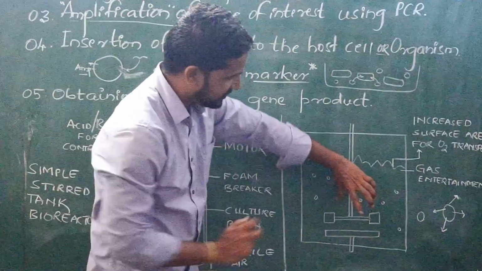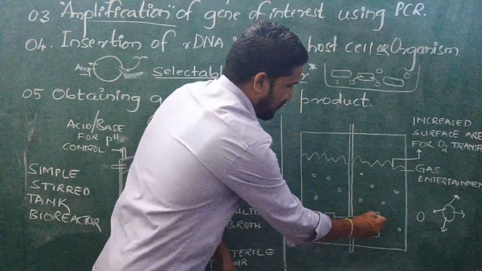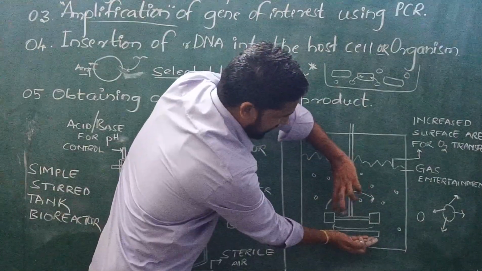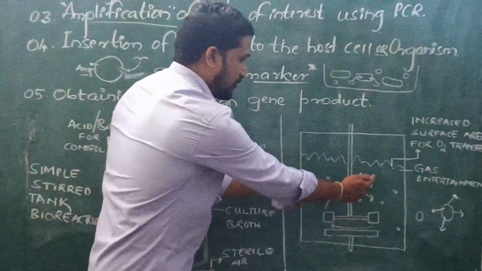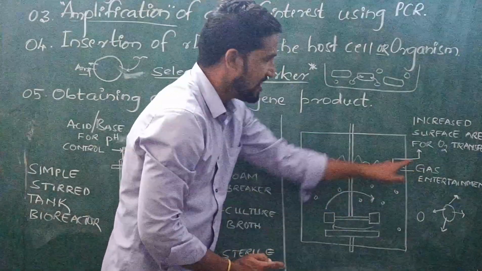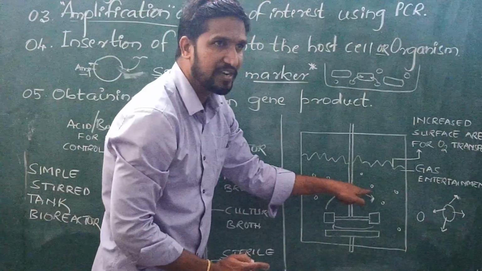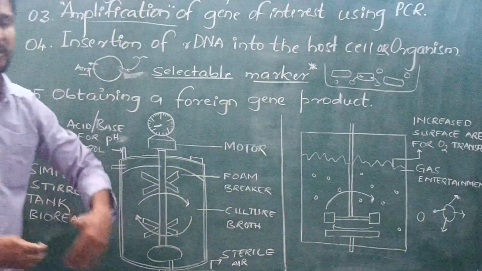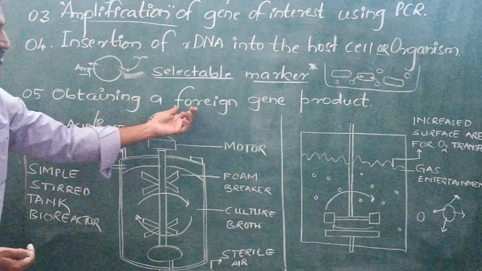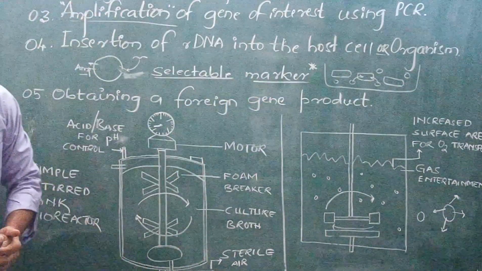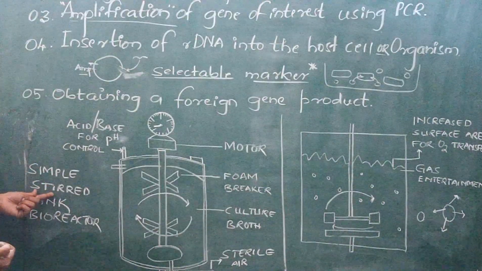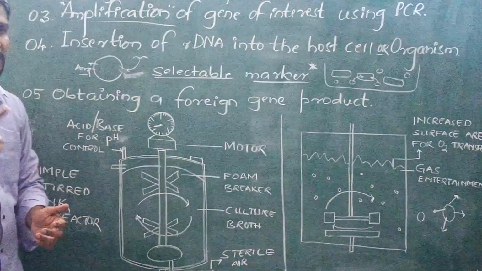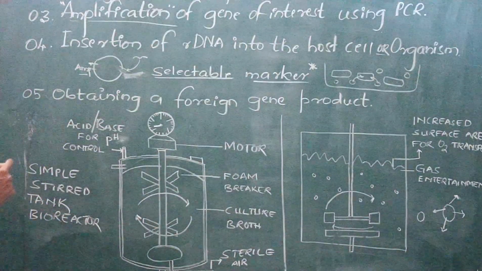In this sparged tank, only this part rotates. This is stagnant, and this will rotate in this manner in the clockwise direction, and automatically the foam breaker will be there, the gas entrainment will be there, and oxygen is added for the growth and development of the bacteria. So this is how the foreign gene product is produced. Foreign gene product can be extracted from this, by the help of either a stirred tank bioreactor or a sparged tank bioreactor. So these are the two important things which we are going to be using on this. So during this process of